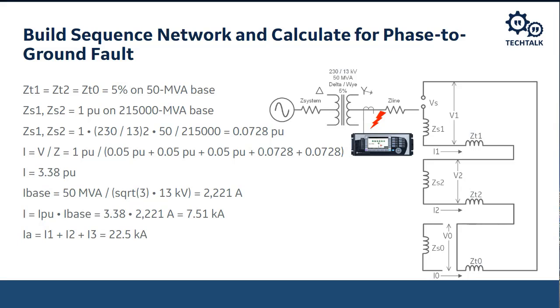When we calculate using the system impedance, we had that to about 22.5 kA. We're at about half of that. So since we're at about half of that, we can assume that the three-phase fault current would also be around this same quantity. But in this particular instance, one of the things that we need to point out is that